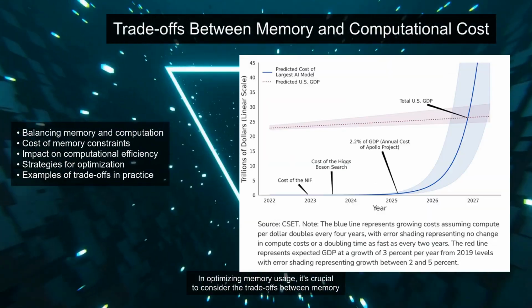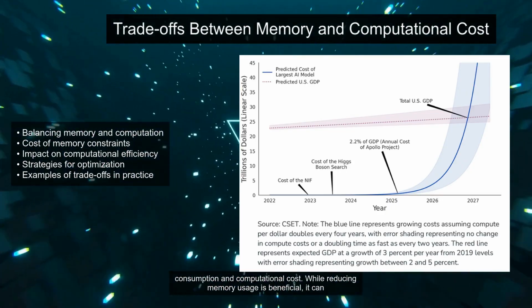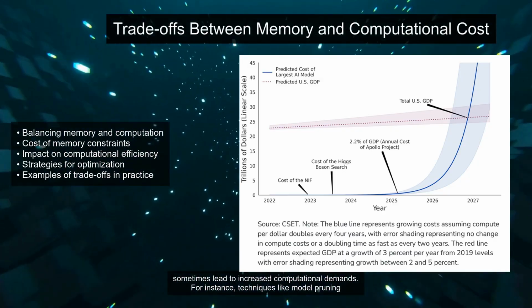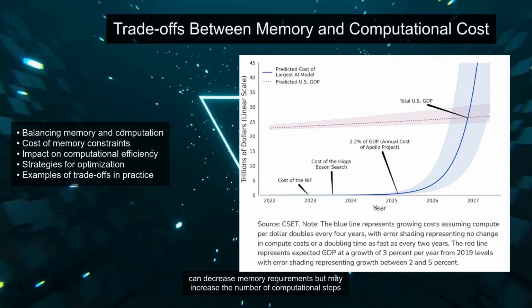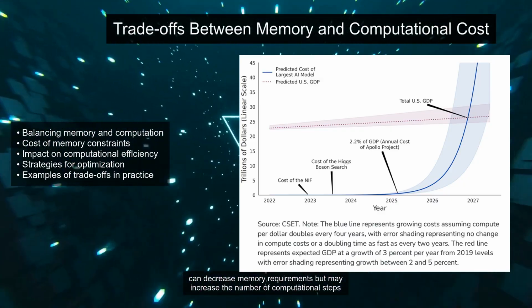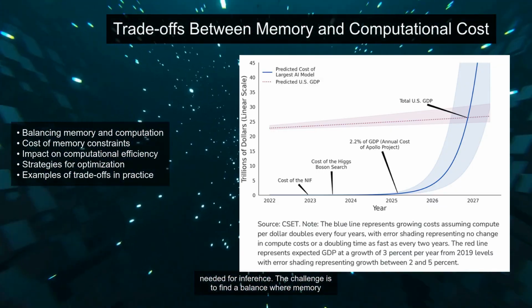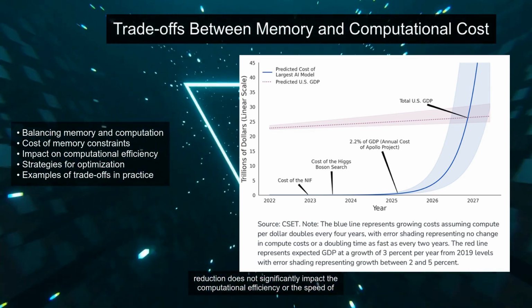In optimizing memory usage, it's crucial to consider the trade-offs between memory consumption and computational cost. While reducing memory usage is beneficial, it can sometimes lead to increased computational demands. For instance, techniques like model pruning can decrease memory requirements but may increase the number of computational steps needed for inference. The challenge is to find a balance where memory reduction does not significantly impact the computational efficiency or the